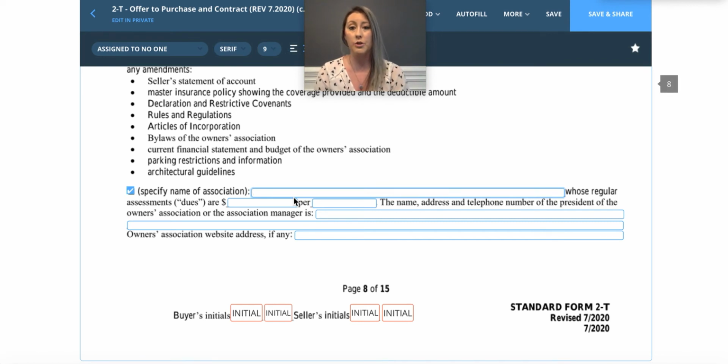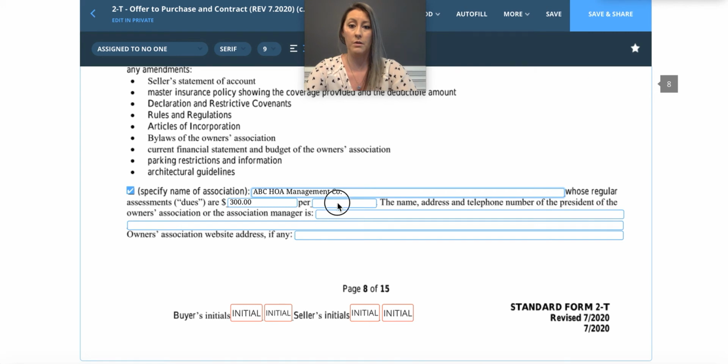A lot of times I have to go on the web and type in the name of the association, the HOA management company, and I'll have to get the phone numbers and addresses from there. And again, I'll put the website on here as well. So we're just going to say it's the ABC HOA management company. And the dues, we're going to say, are $300 a year. And it can be quarterly, annually, biannually. So whatever it says on the paperwork is what you will put. And we're going to say those are